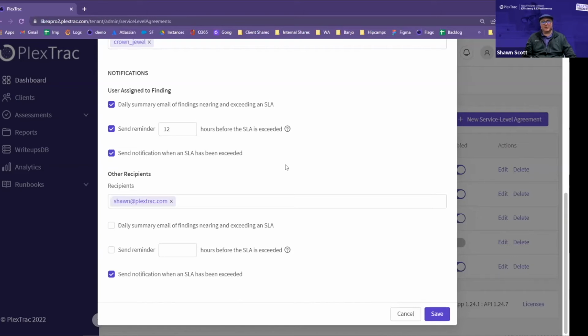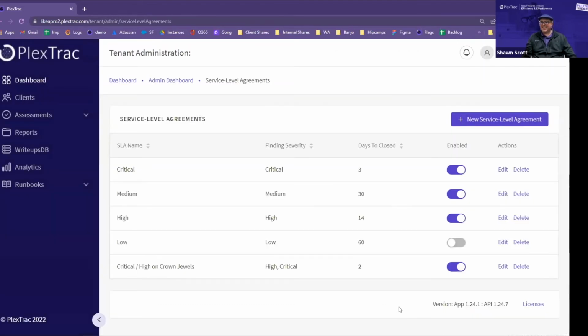But one thing that I'm really excited about is how granular we've gotten with our notifications. I really think you can tailor this to the level and the volume so you're going to get the signal and not the noise that you're looking for. So, all right. I'm actually not going to save that because I don't want to start the cascade of emails to my inbox. But we've got these set up for